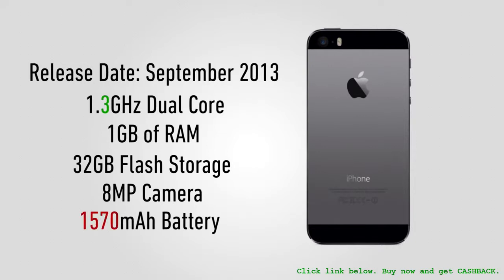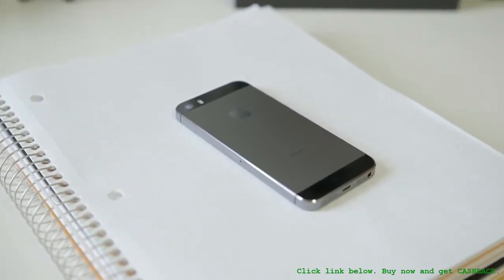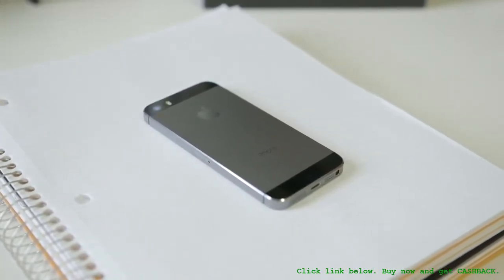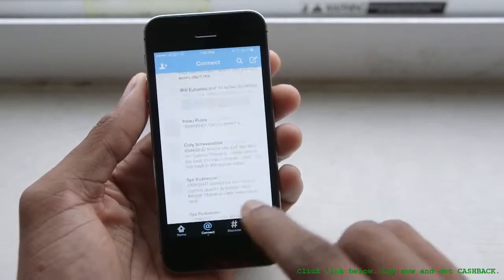So this is where Apple does its absolute best to make sure specs don't matter nearly as much as they used to. They control the entire experience from the hardware to the software, and there's a lot of optimization going on, and in the end, performance throughout iOS 7 is pretty snappy. It performs on par with just about every other flagship today that has an 8-core chip and double the RAM